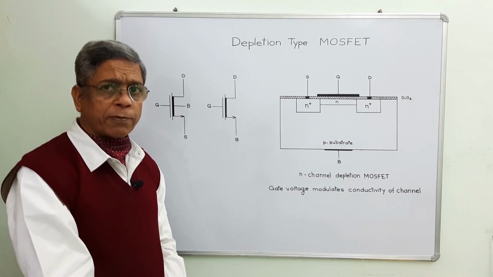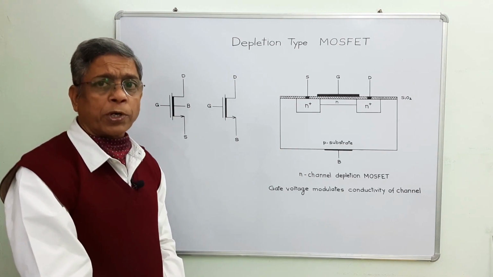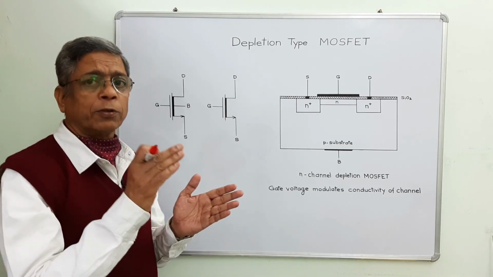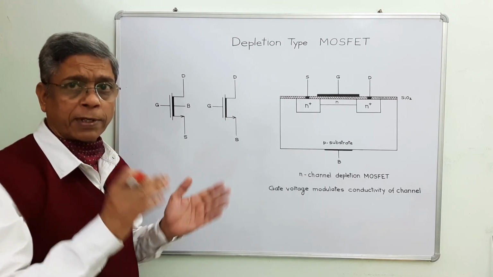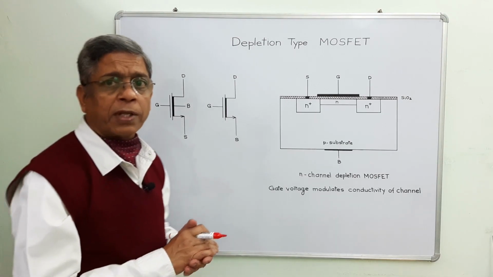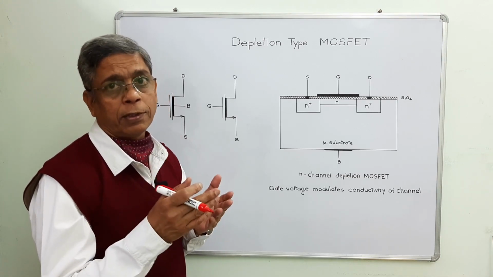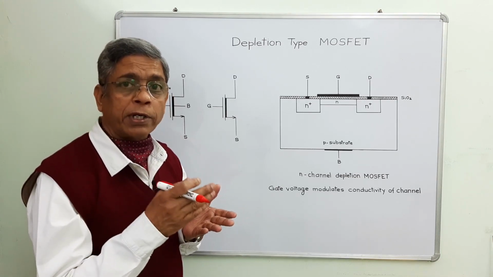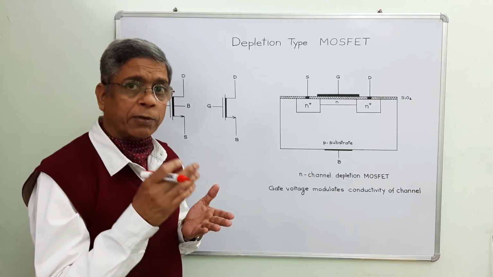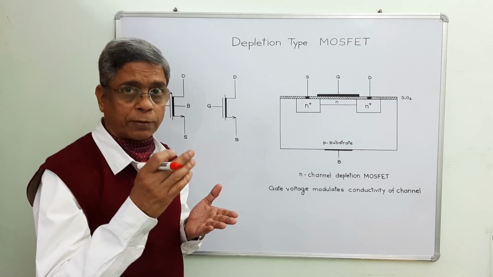In enhancement type of MOSFET, when we apply a potential difference across the drain and the source, no current flows through the device. The reason is very simple. There is no conducting channel between the drain and the source, which we have to induce by applying appropriate gate voltage with polarity consideration, whatever is the case for PMOS or NMOS.